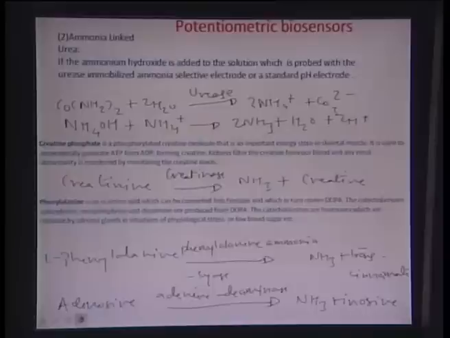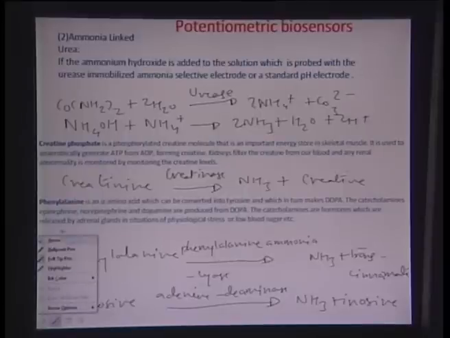So there are some other examples here that I would like to discuss. There can be ammonia linked biosensors, where you effectively also are able to find out how the ammonia varies. Again, it is through a pH measurement, as we saw last time, using NH4 plus and Cl minus, that is ammonium chloride electrolyte, and equilibrating the ammonia gas with respect to that, and being able to tell the concentration of ammonia based on the change in concentration of the hydrogen ion. Okay. So, here again a similar kind of setup is used,